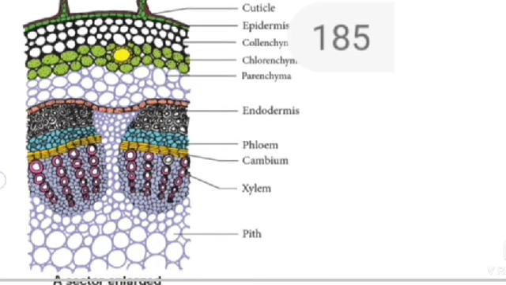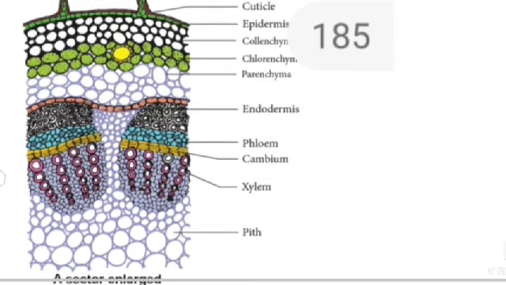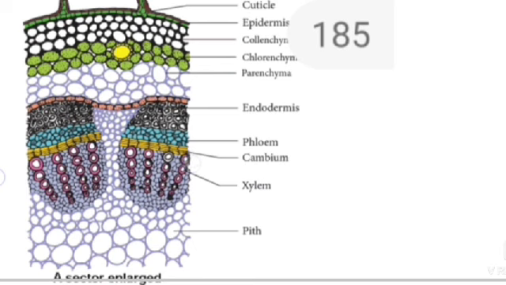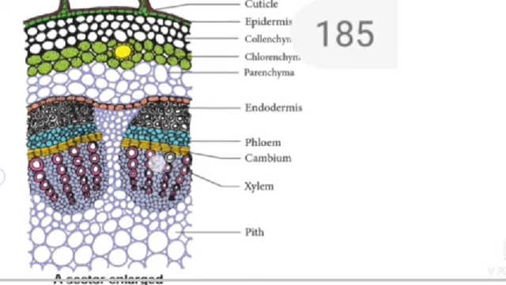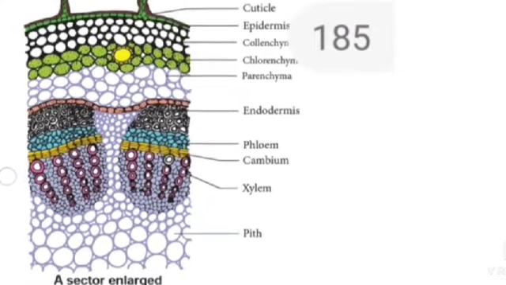In the vascular bundle, the central region is the cambium. The cambium also has meristematic cells. The xylem is towards the center. The phloem is towards the periphery. The central large pith is presented.